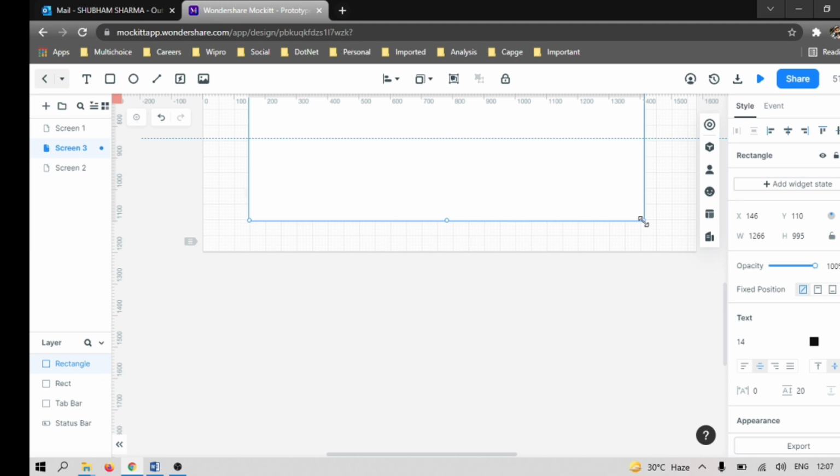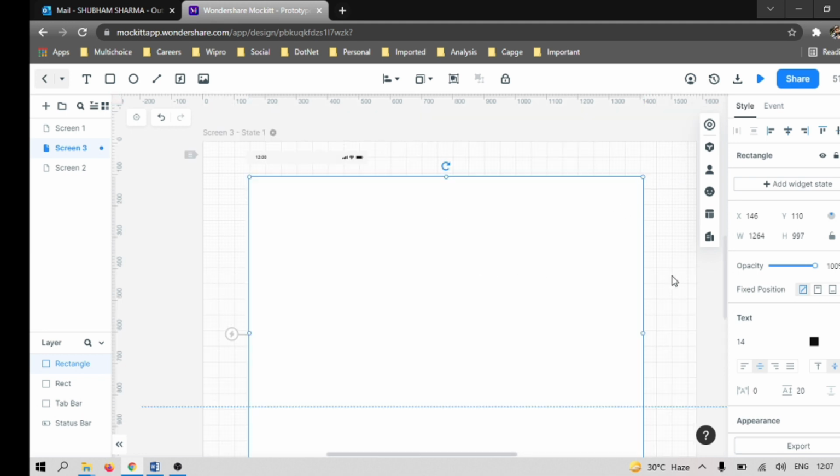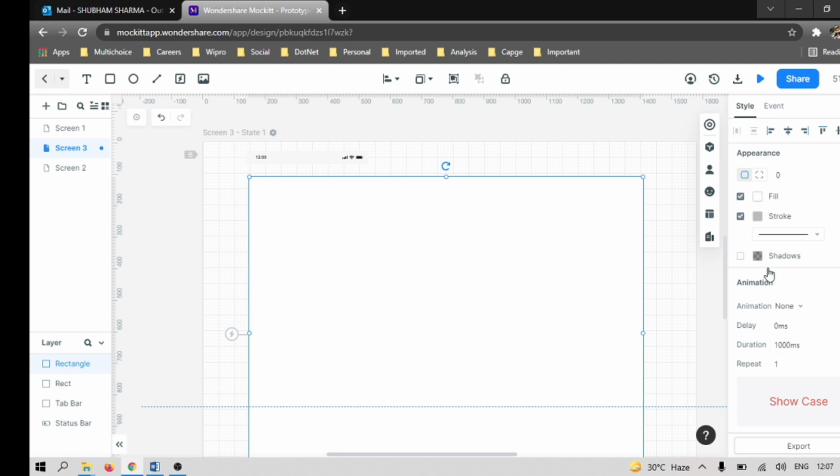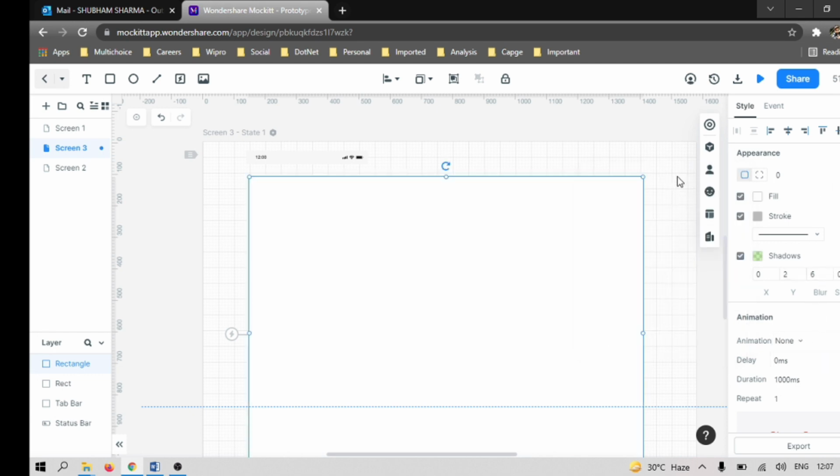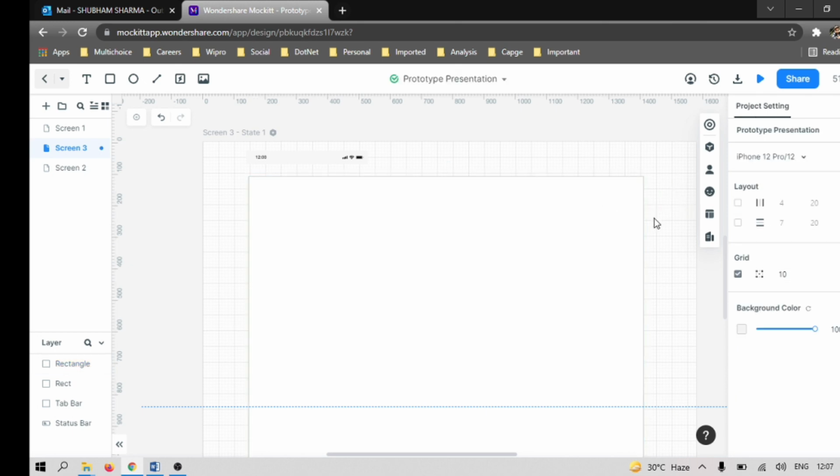Basically this box is nothing but your pop-up. You can make changes, like the opacity, and I saw a shadow option, which will give a good appearance, a shadow kind of effect. You can also color the shadow. I'm putting green here because my user is expecting green. So it's looking green.